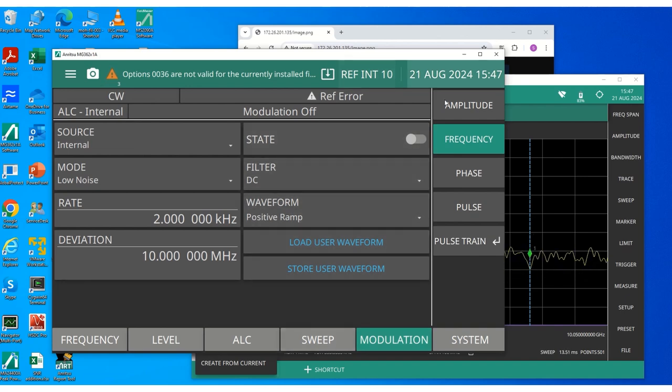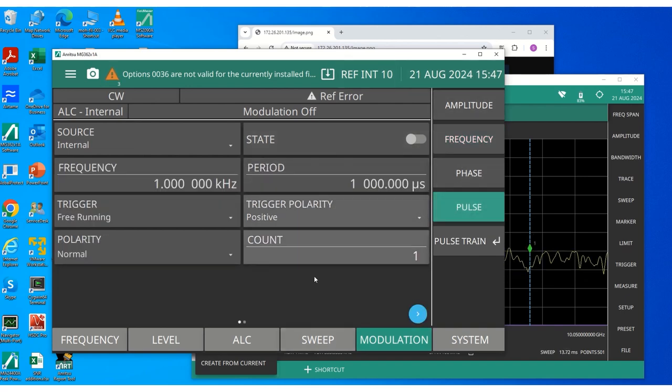In the modulations, let's start with the pulse. We will set the pulse period to 1 millisecond, which is 1 kilohertz repetition frequency, and we'll set the count to 1. Pulse count to 1 essentially means that there will be one pulse every PRF period, and then we will